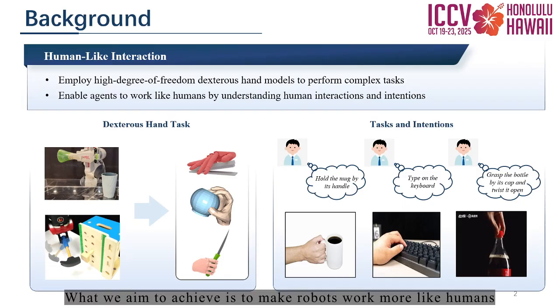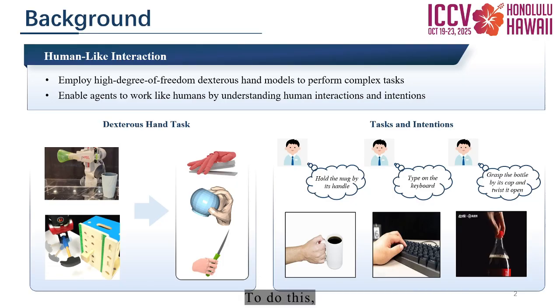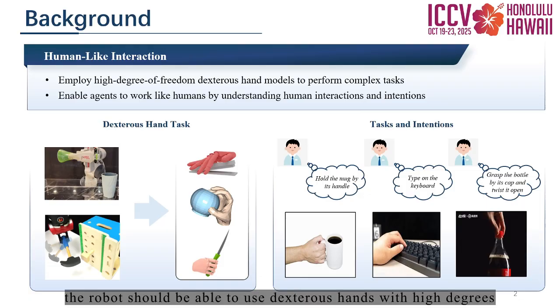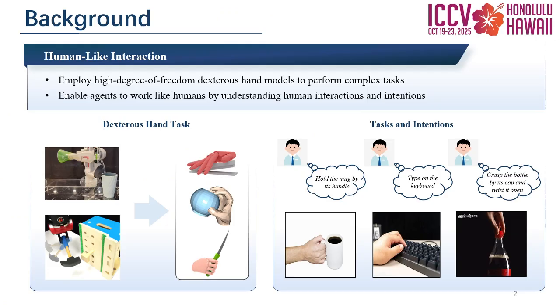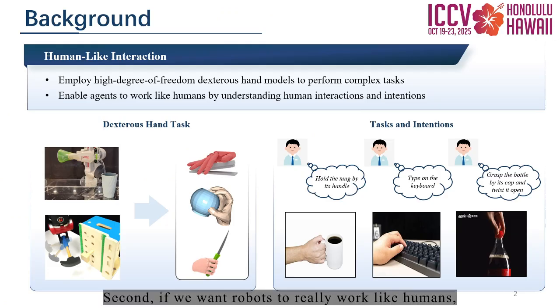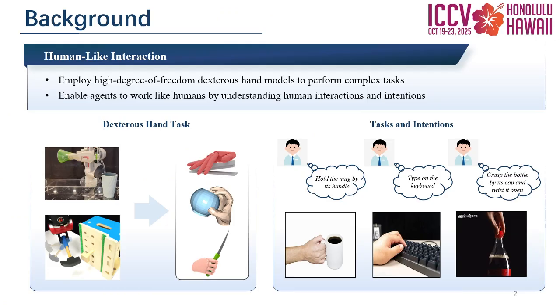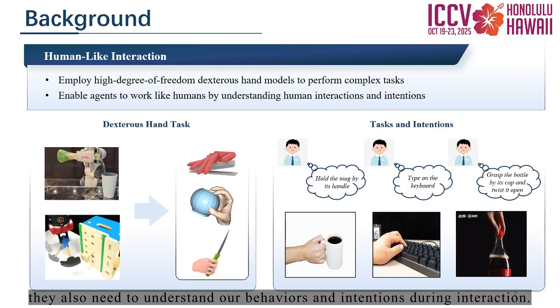What we aim to achieve is to make robots work more like humans, enabling them to carry out various tasks independently. To do this, there are two key things we need to focus on. First, the robot should be able to use dexterous hands with many degrees of freedom to perform tasks correctly and stably. Second, if we want robots to really work like humans, they also need to understand our behaviors and intentions